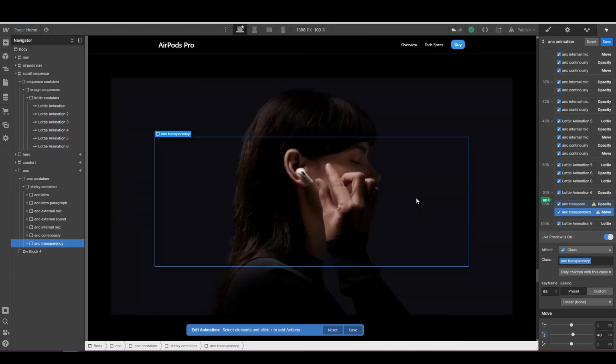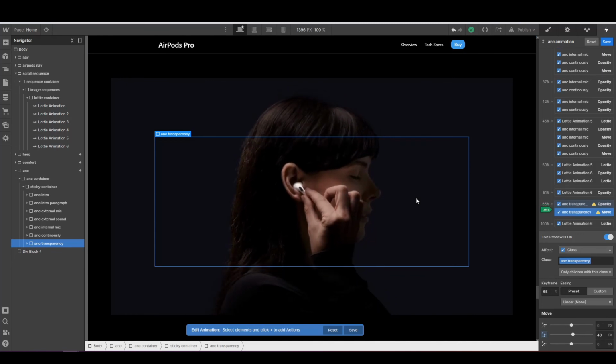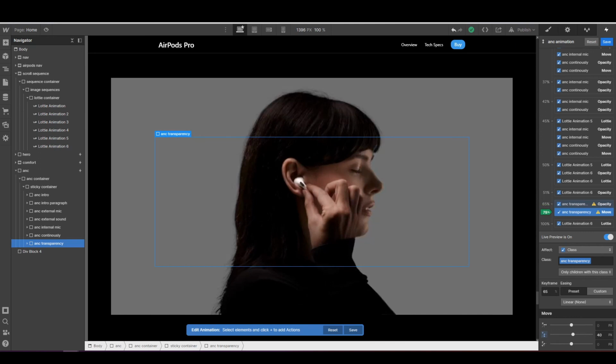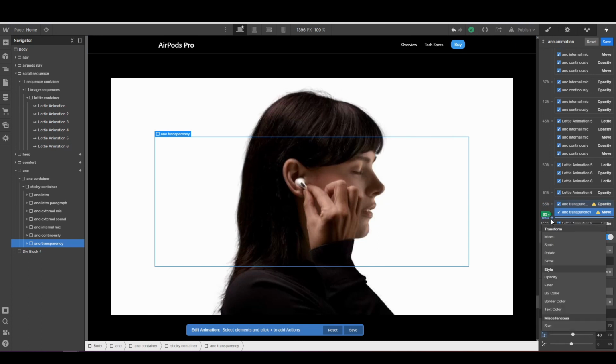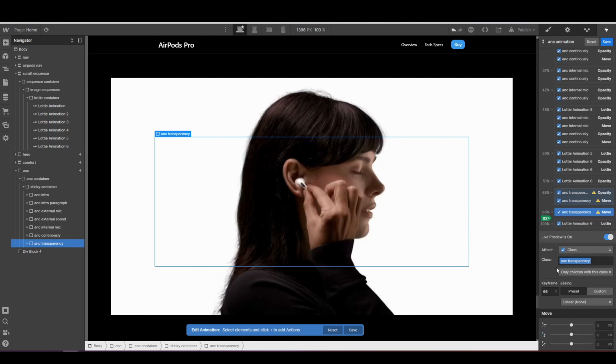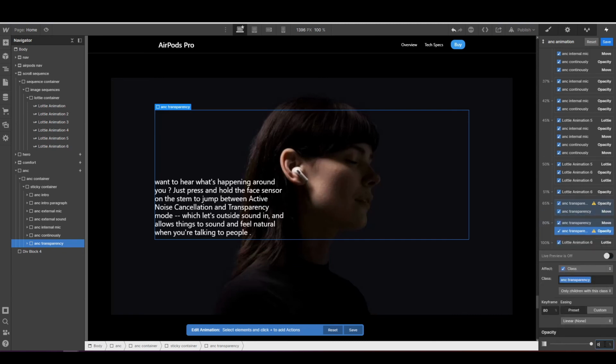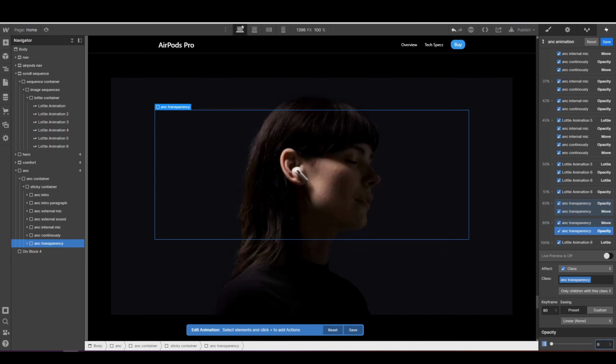So we go here, and the moment it's getting exactly around white, which must be around 80, we go to 80, and again we move it. At 80 we move it up, which is minus 40, and the opacity is again going to be 0, but in between we give it an opacity of